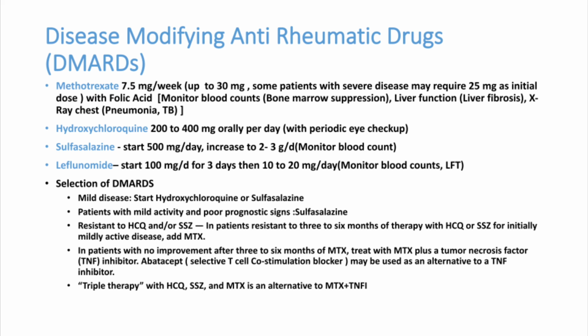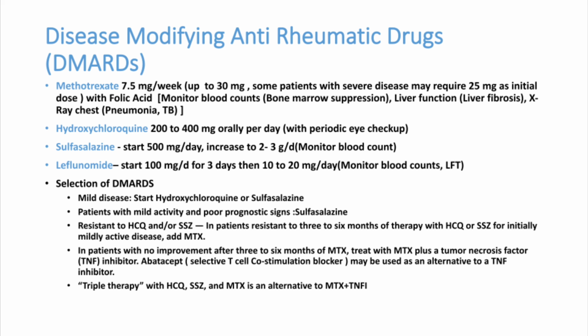So in various conditions we can select different types of drugs, but the classical drug used in rheumatoid arthritis is always methotrexate. We need not worry about the side effects of methotrexate; very rarely it can produce side effects. We can start 25 milligram for an adult patient every Monday or Tuesday, whichever day you like. On the other days we have to give folic acid and slowly taper down.